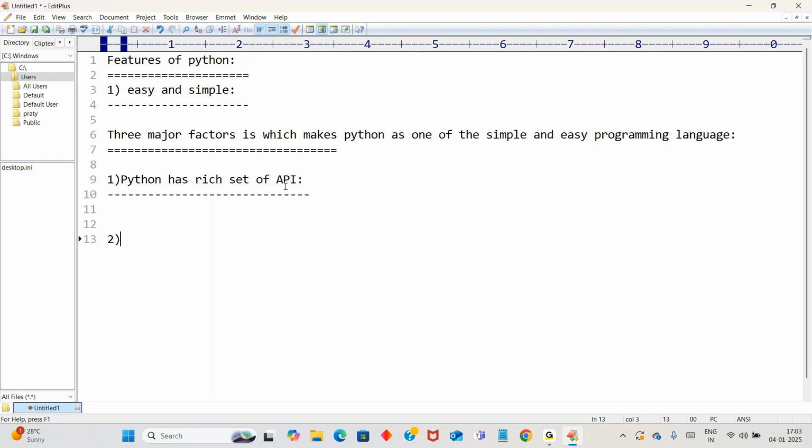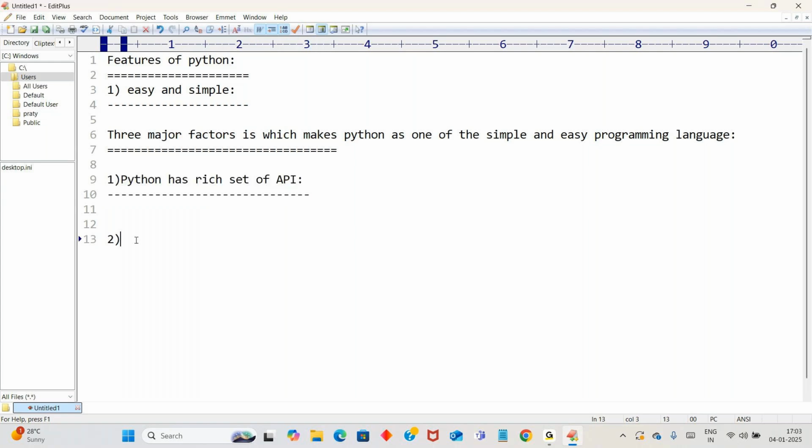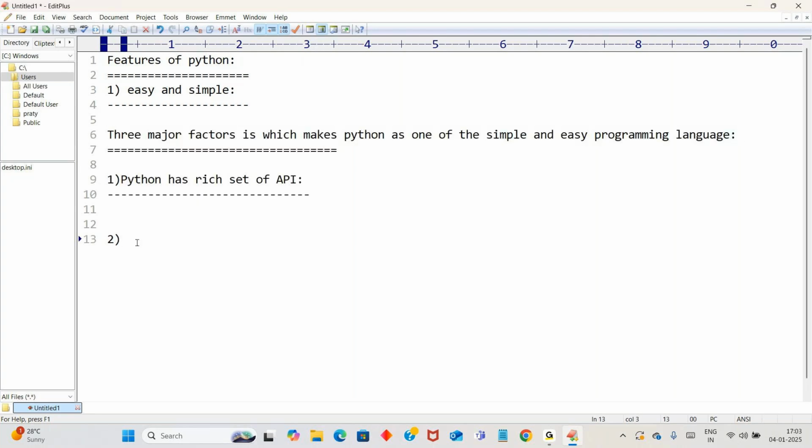This I have already completed. It is in our office system, that is the institute system, where I have written all these things about this first major factor. Second, I will share it to you. Everything you'll be getting. Okay, so second is